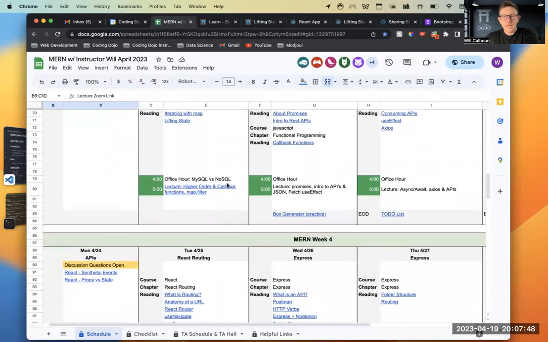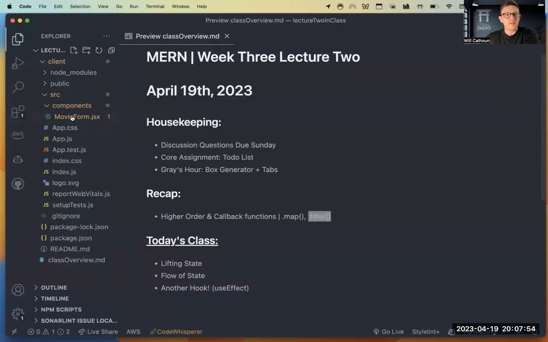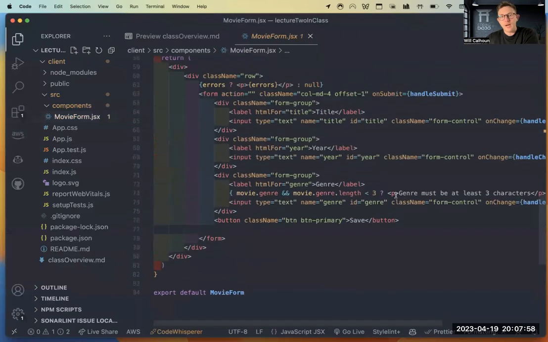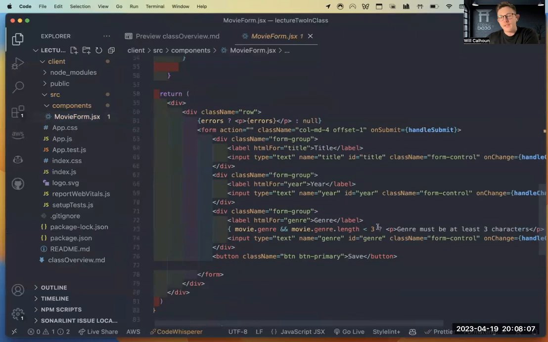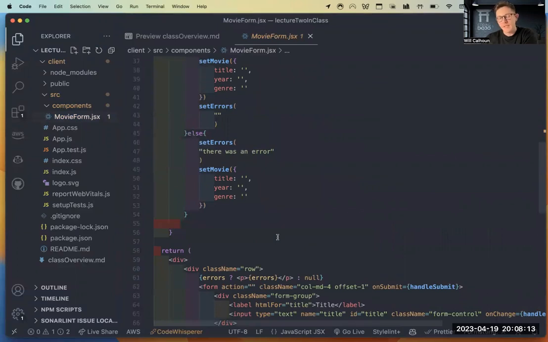And they're also on the platform as well. In office hour, I talked about front-end validation. We had this form, and we saw we could use ternary operators to let our user know, hey, you need to make sure you type the correct things. But that doesn't prevent them from submitting bad data, and we always want to make sure we're protecting our database. Right now, we don't have a database.